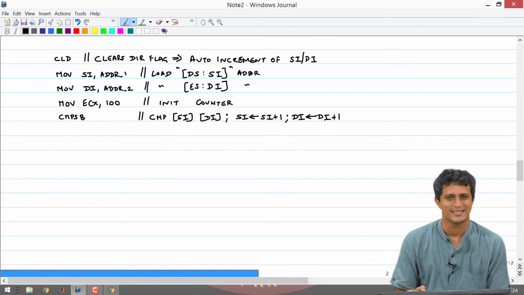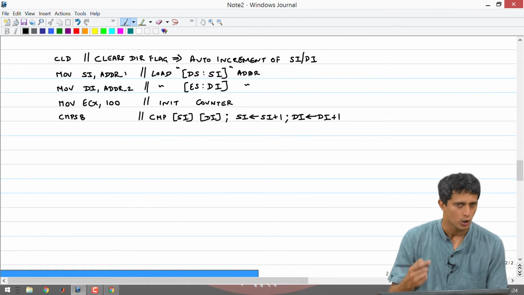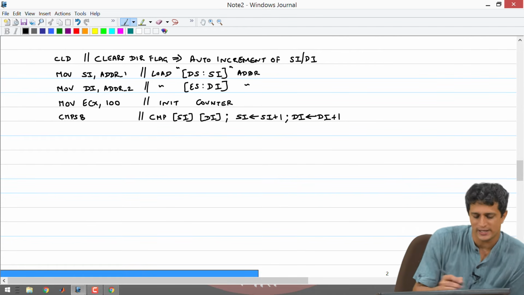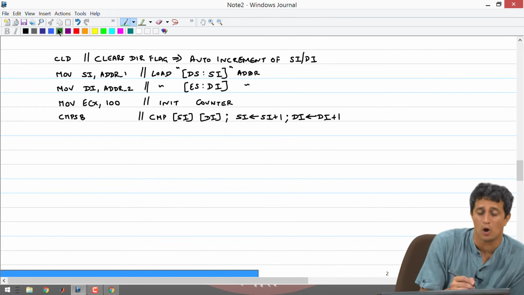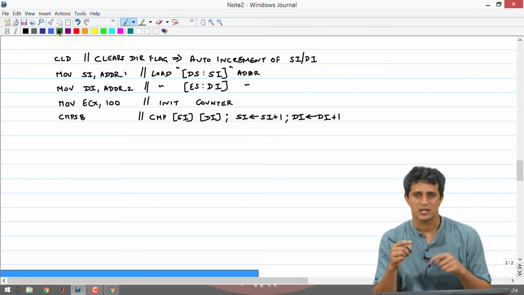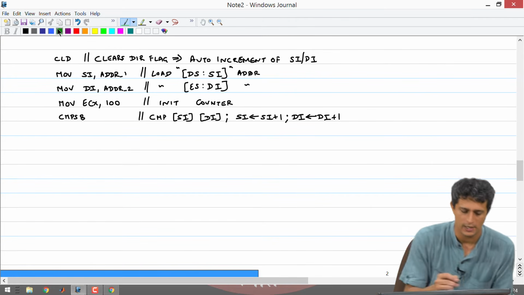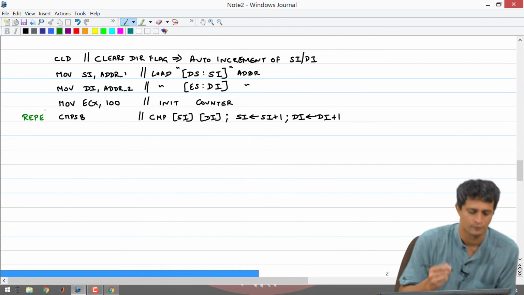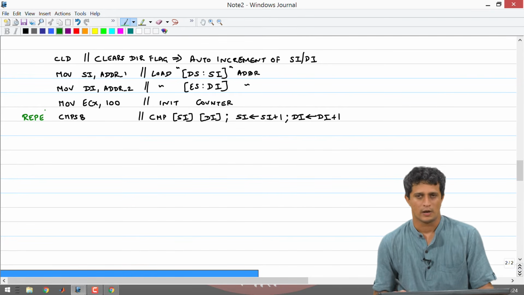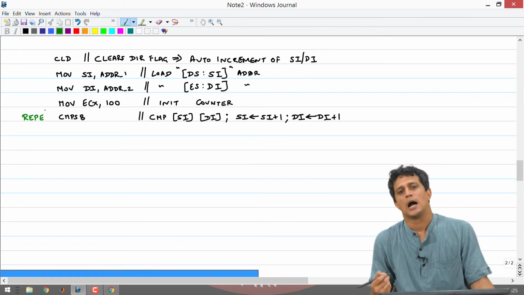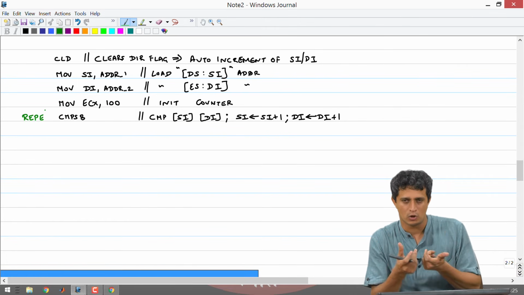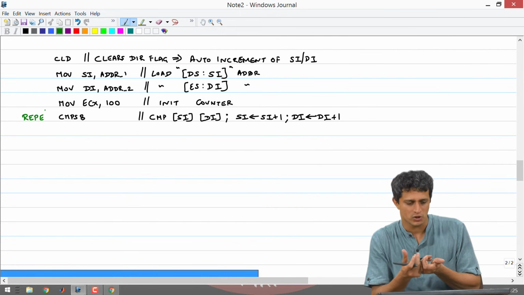Just like we had in the SCASB instruction, this does it only for one location, and if I want to repeat this till all the 100 locations have been scanned, I need to add a prefix to it, and that prefix now is REPE: as long as the two locations are equal, you keep going. So you keep going either as long as the compare operation results in equal values, or